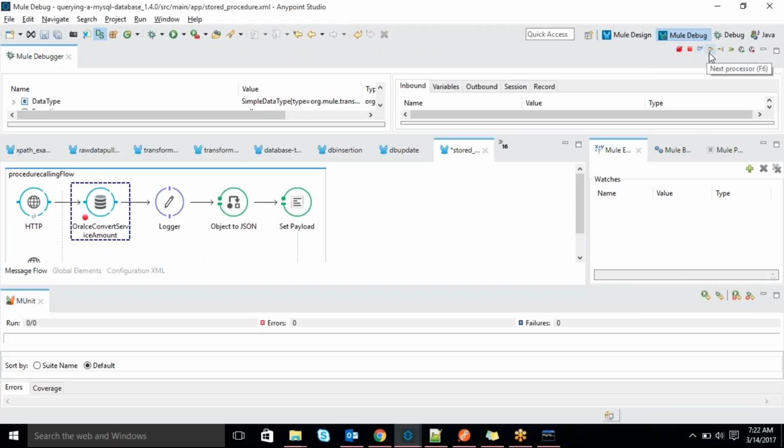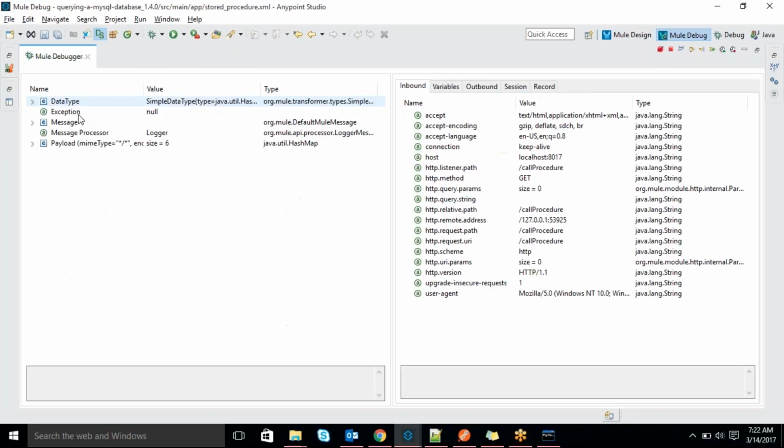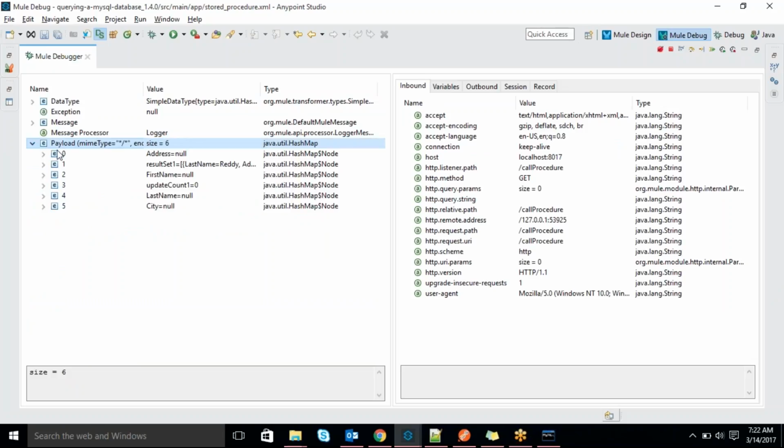Okay, getting the request. Let's see what it will return. So see this, we got the size 6.